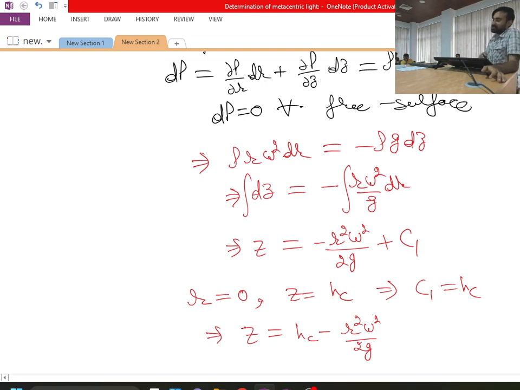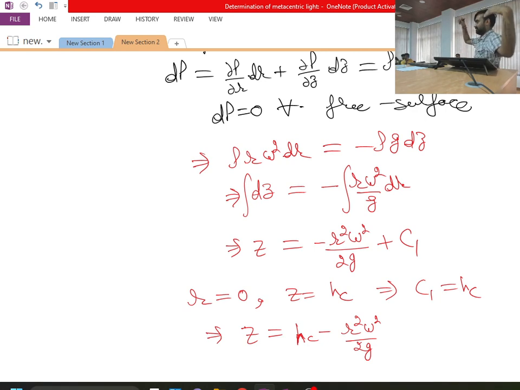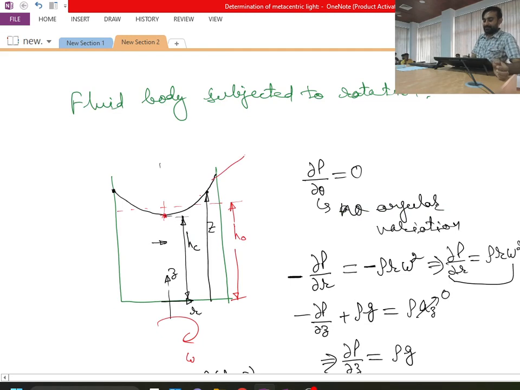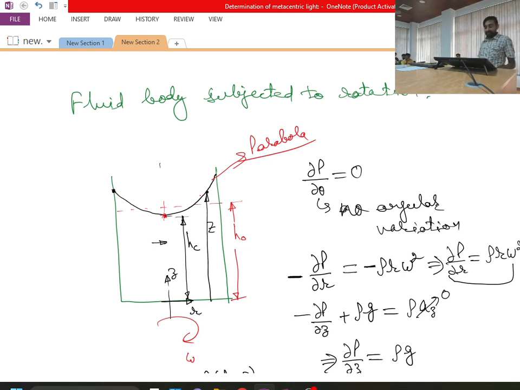So can you tell me what is the shape, what is this equation? This is equation of parabola in 2D. In 3D it will be becoming a paraboloid. Okay, so it means that if you take the projection of this free surface for a container which is subjected to rotation, you will be finding this is nothing but forming a parabola as the free surface, and in 3-dimensional case it will be a paraboloid. Okay, now